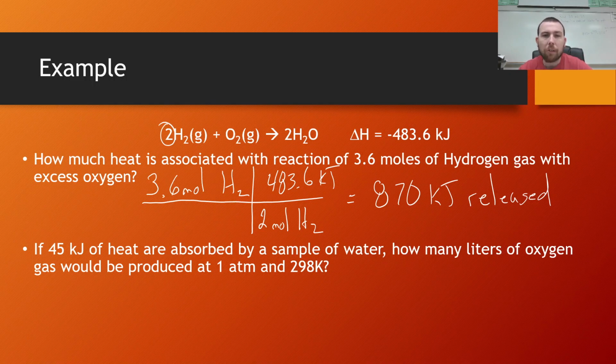All right, and this is a fun one right here. It says, if 45 kilojoules of heat are absorbed by a sample of water, how many liters of oxygen gas would be produced at 1 atmosphere and 298 Kelvin? Oh man, this is a lot of fun, right? So it tells us that water absorbed 45 kilojoules of heat. And so essentially, what we're saying is 45 kilojoules of energy was absorbed by the water. So we know